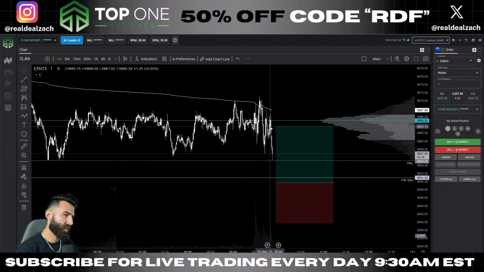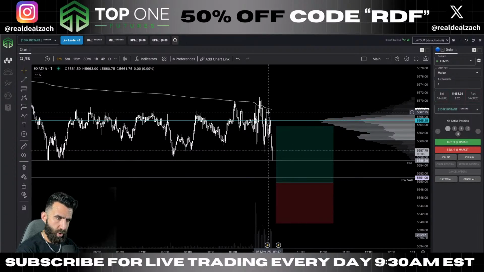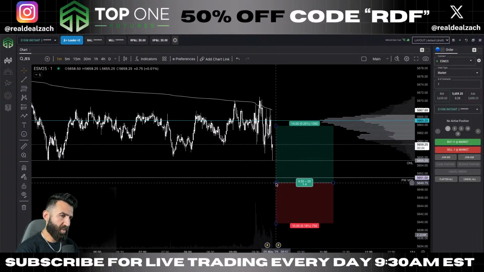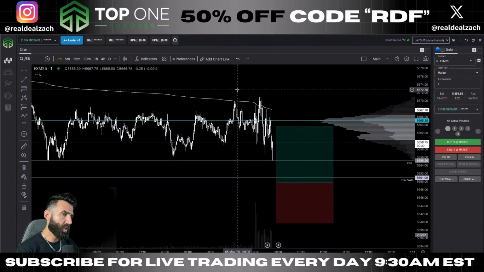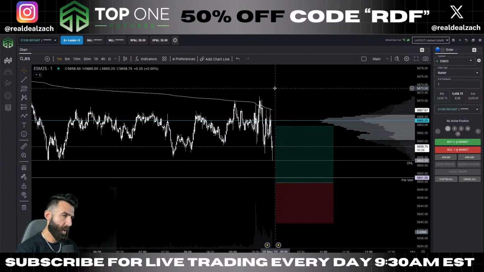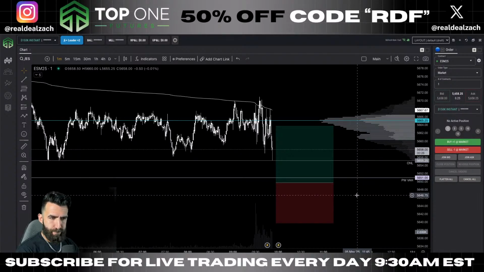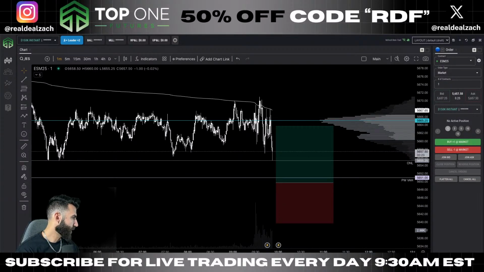Now, it would be counter to this initial move down below VWAP, which is somewhat of a risky play. But I think we find some buyers down here if we come and tap this level, especially before sweeping above this high. That's just my thought process. That's what I'm going to be looking at for trade number 1.